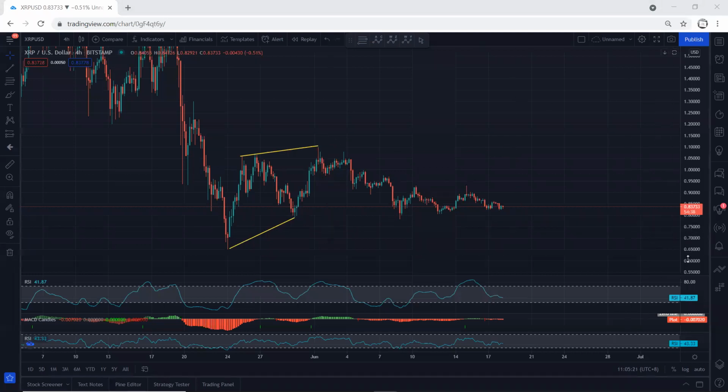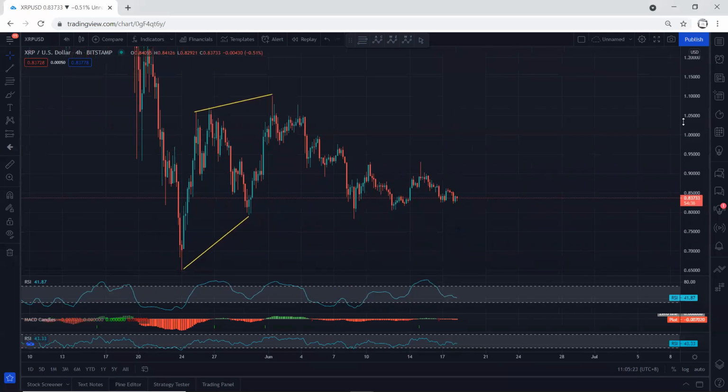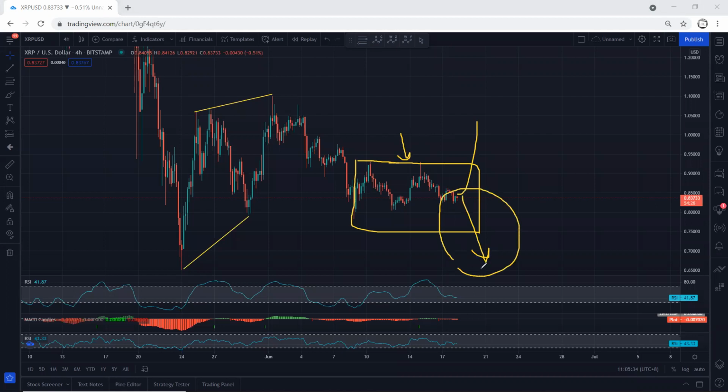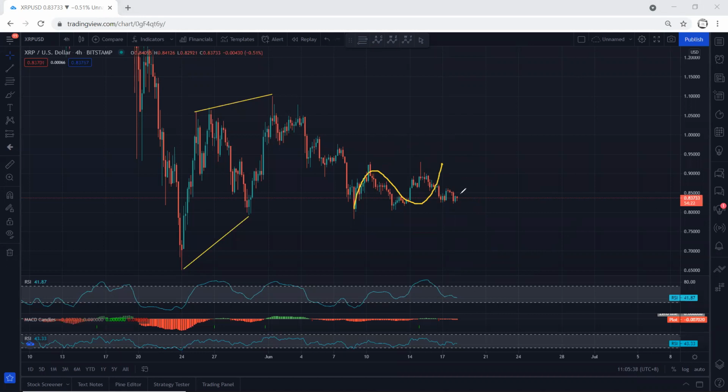And if we move into the details, right now we're looking at this part, this correction. We want to see how complex it can be. We want to see the breakout of this, either up or down, but we prefer to get it down. It can give us a better reversal. But how deep this one can be, how long we will be within this, any trade within this correction is a short-term trade. Okay, and right now we want to see whether this is the flat, as I explained,